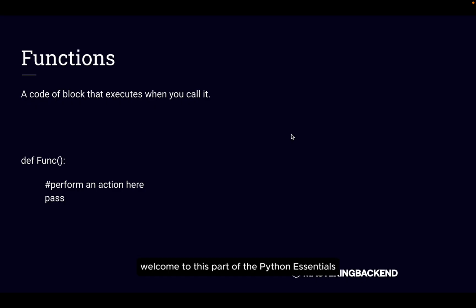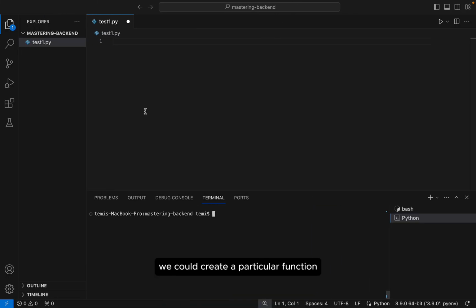Welcome to this part of the Python Essentials where we shall talk about Python functions and how to use functions in Python. So functions help us to execute a particular code when we need to execute it. So we could create a particular function and call the function whenever we need that particular set of code to